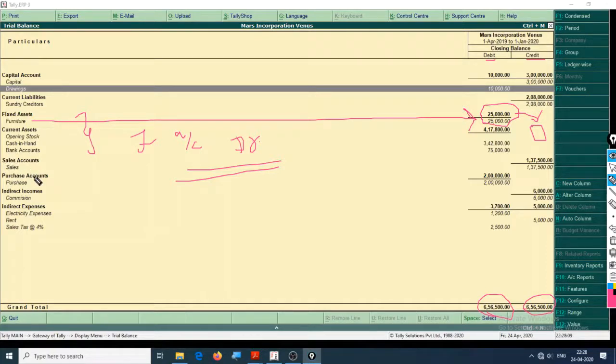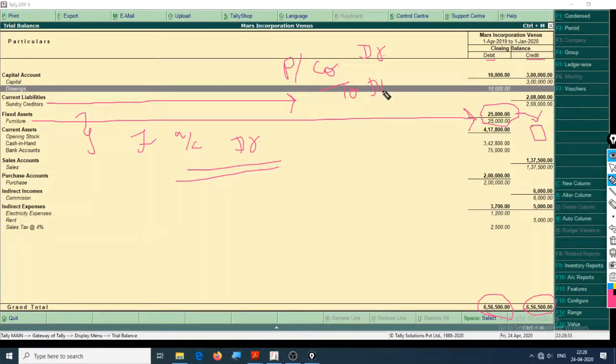Same goes for a liability, that is sundry creditors, which is Den Bilzerian. When we purchased goods from Den Bilzerian, the entry was purchase, that is computers, debit, because they came in, to Den Bilzerian.